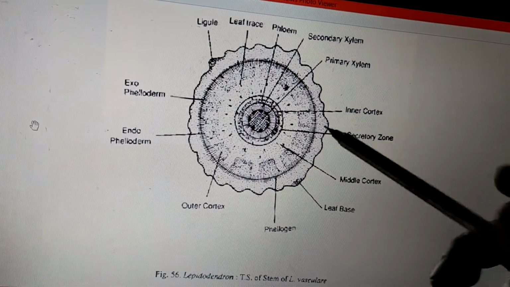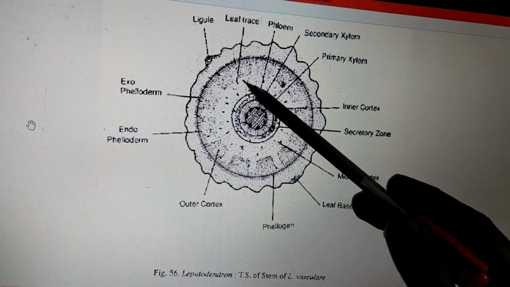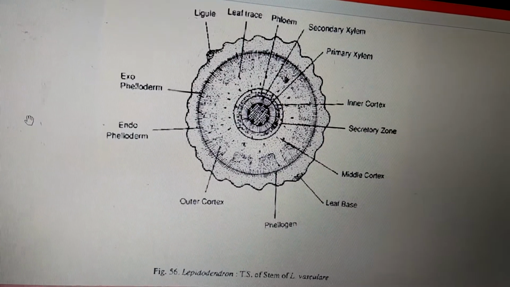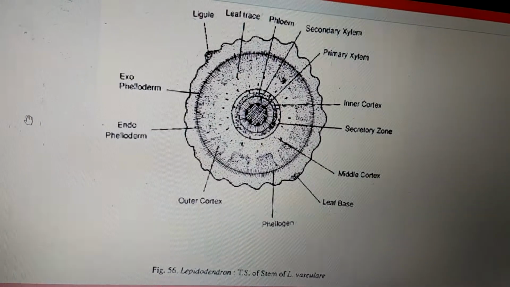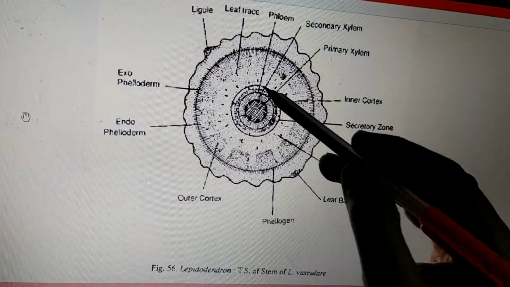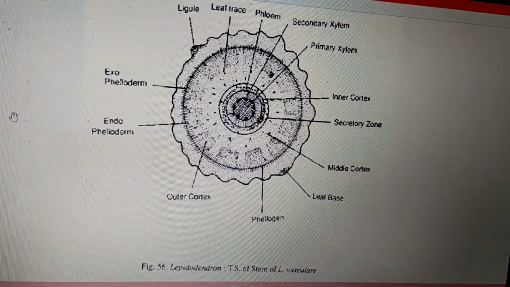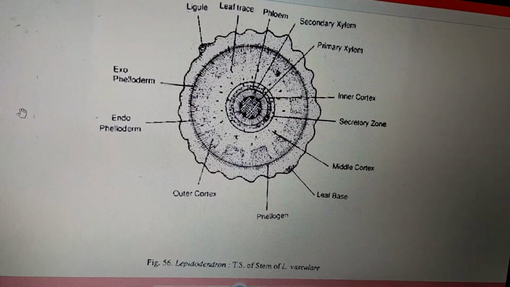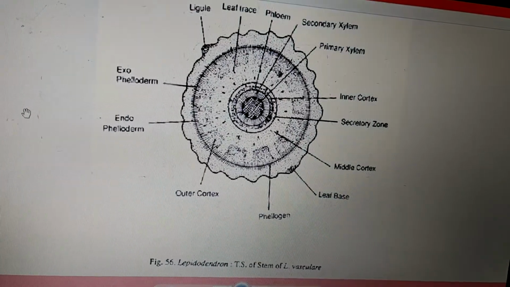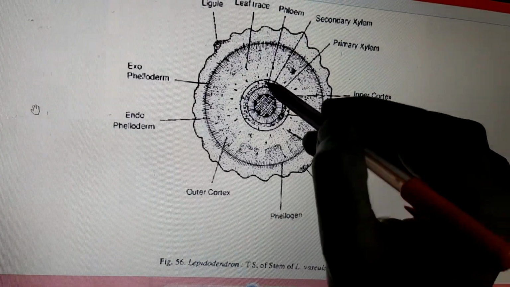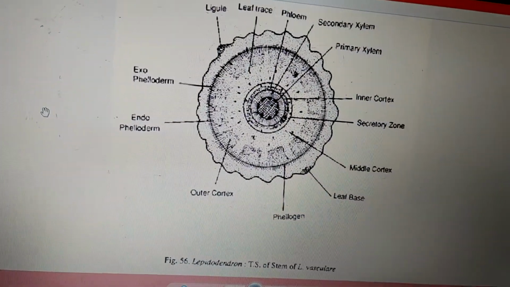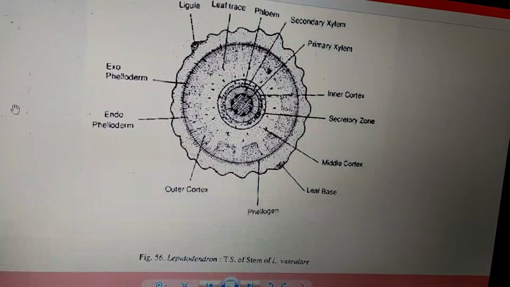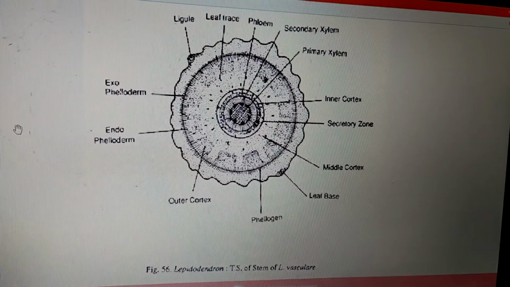In between we can make out some leaf traces, likewise leaf traces. There is also a secretory zone consisting of glandular cells which are dark in color. So this is the secretory zone. Now, what is the function of the secretory zone? It probably secretes a waxy material. This waxy material is going to cover the surface of the entire stem. This waxy material is again a kind of protection to prevent the plant from herbivore attack.